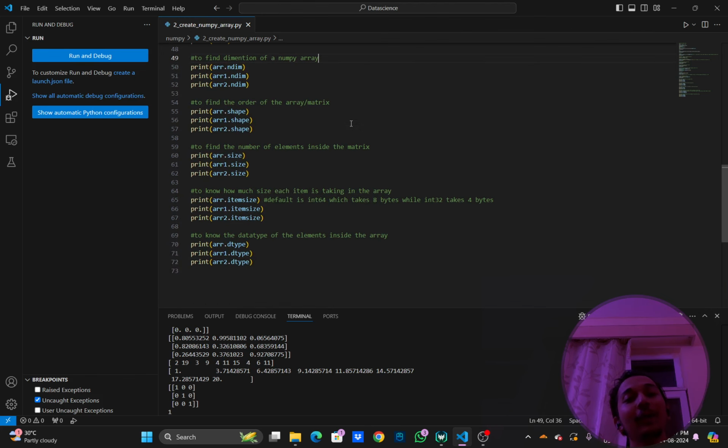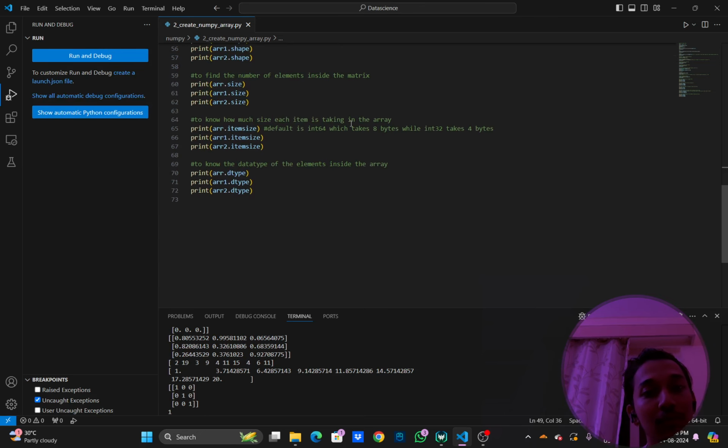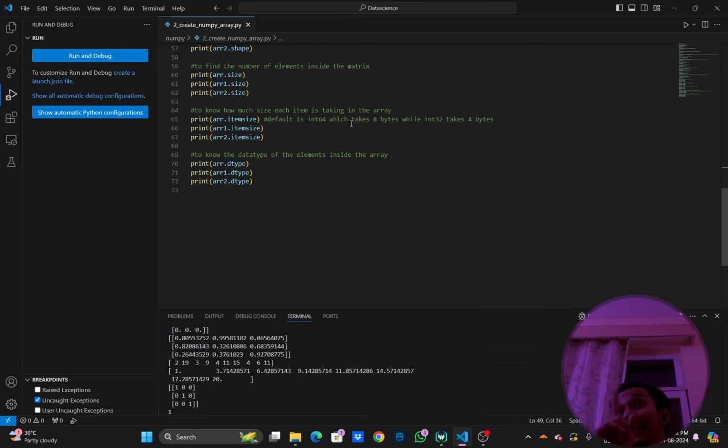We can sometimes check whether the two matrices have same order or not, same number of elements or not. We can just check this thing. So it can be useful. That is ndim for dimension and shape for order and size for number of elements. And then itemsize for each element, that is the size of one element, the storage it's taking. Okay. So you can see,